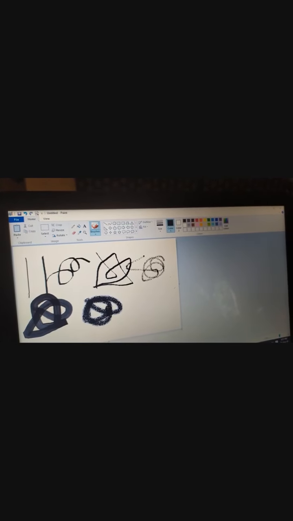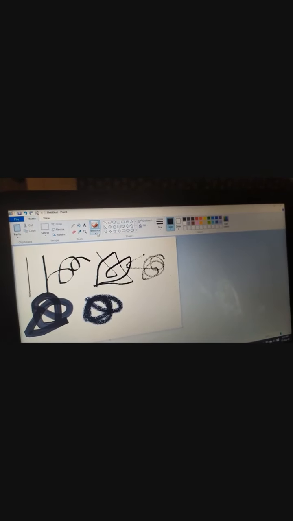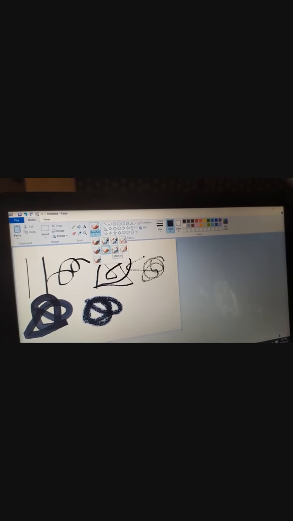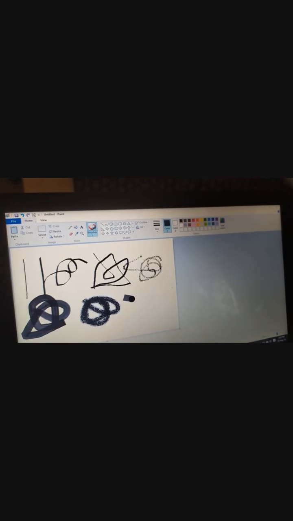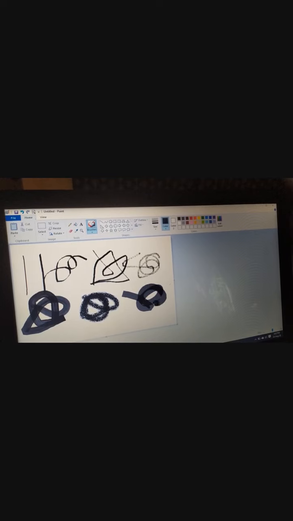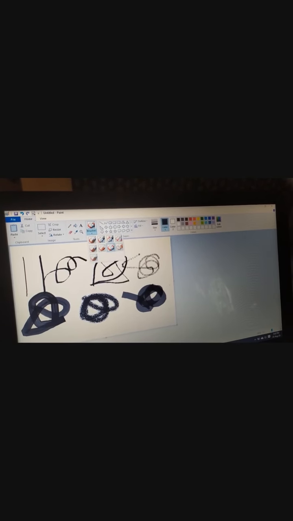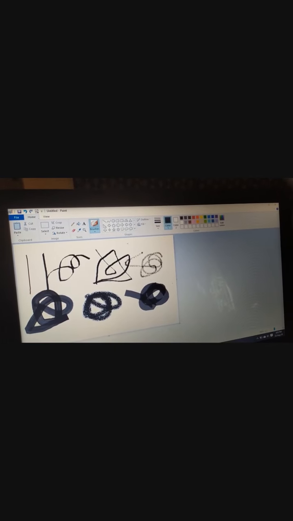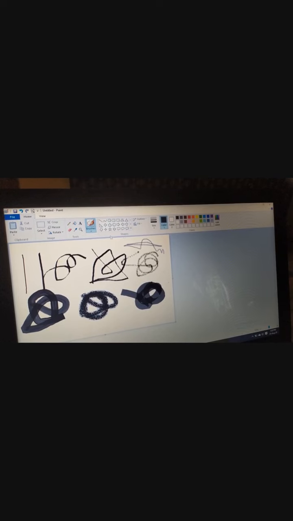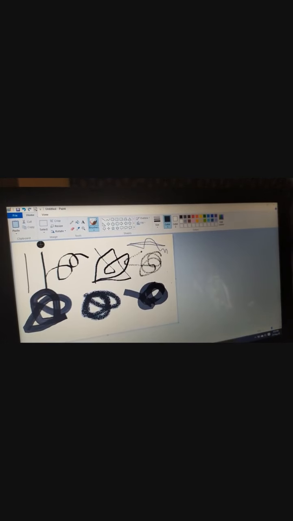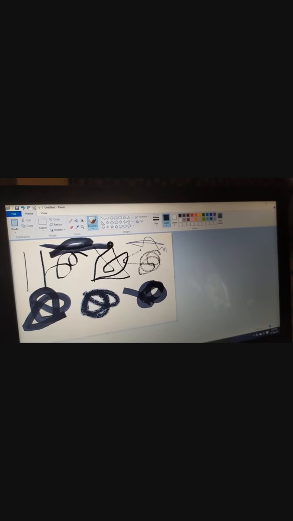This is the crayon brush. Then we have marker brush. This is the marker brush. Then we have natural pencil. This is the natural pencil. And finally we have watercolor brush. This is the watercolor brush.